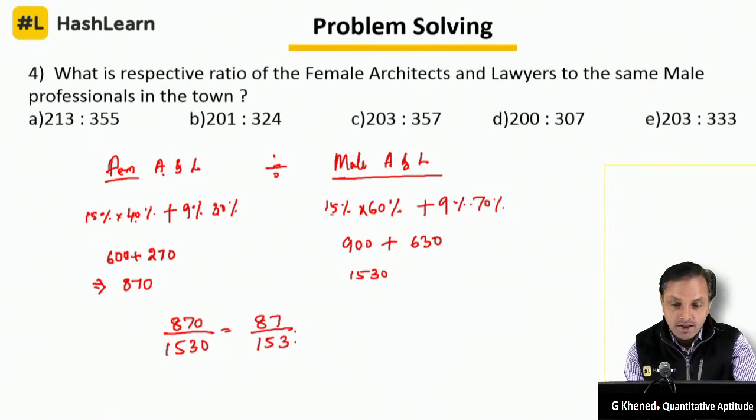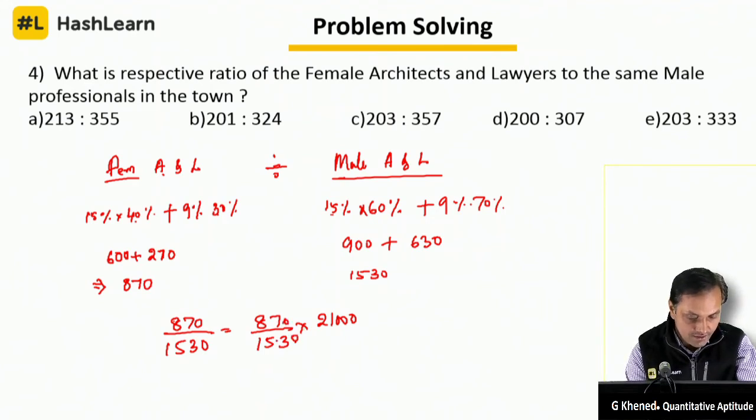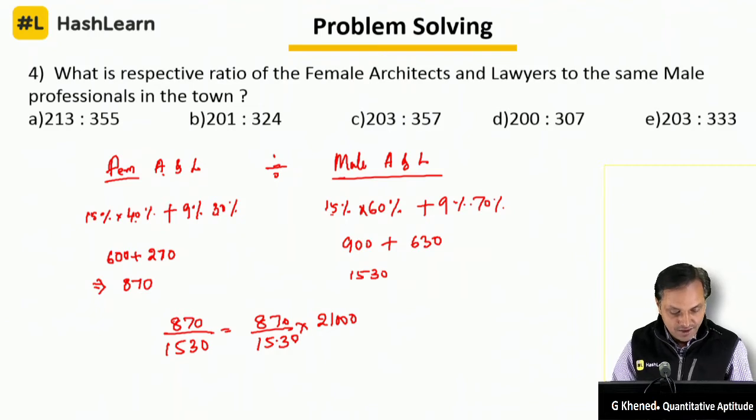So of this, they are asking you to find the respective ratios. You have to multiply this with 21,000. Okay, let me not cancel these things. So 15% into 40% plus 9% into 30%. The respective ratio of the female architects and lawyers to the same as male, okay, that is 15